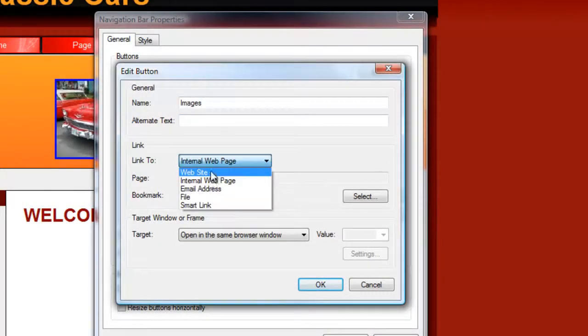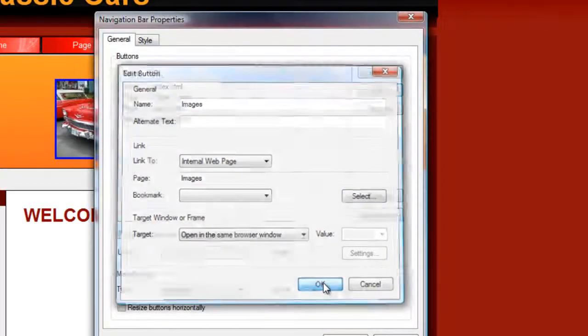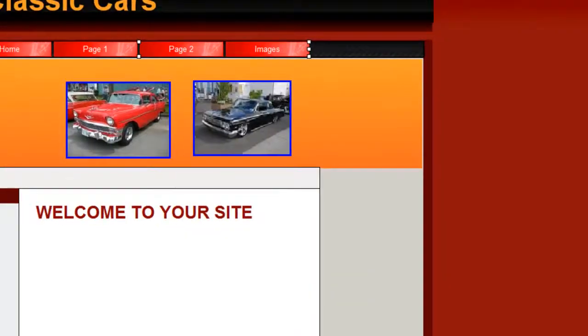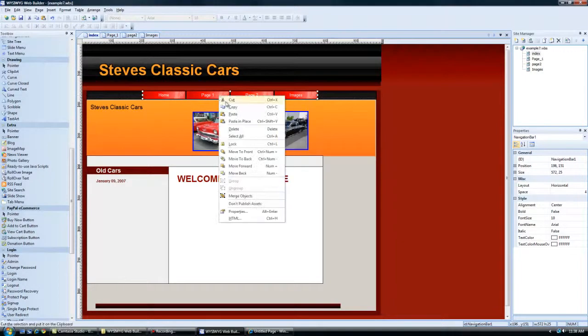Remember this button right here? We can actually link it to an external page, email address, file, or smart link. And we're going to do internal page. Perfect. Okay, so there is our link of our first page. Now all these other ones we have to do the same thing too, or we can just copy this whole menu,